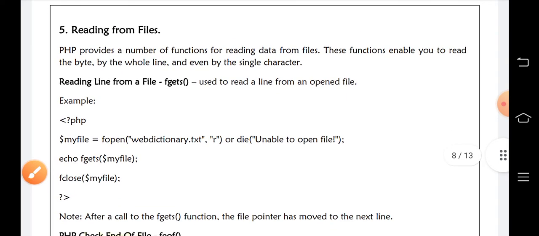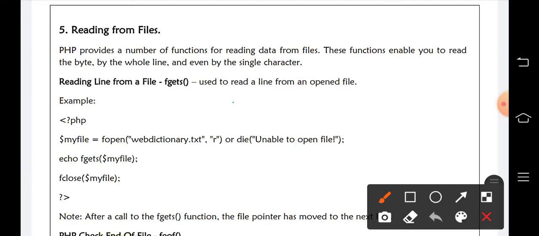Then, in order to read data from files, we have a number of functions for reading. We can read a single line, a single character, or some arbitrary data. The first one is to read a line from an opened file. After opening, in order to read